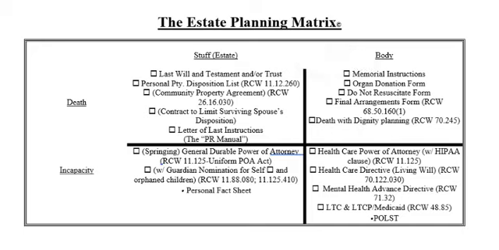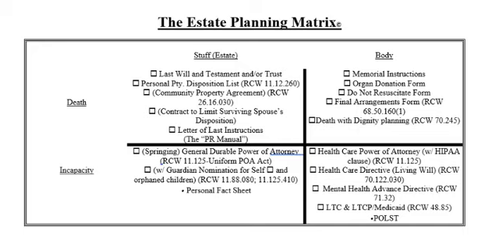So what we've created is the estate planning matrix, which you see on the screen, to capture all these different documents that are used with all these funny names and put them in the context of that fairly simple formula. So if you look on the left-hand y-axis on this grid, you'll see the two catastrophic contingencies, death and incapacity. Along the x-axis at the top, you'll see the two consequences that we want to control or have some ability to